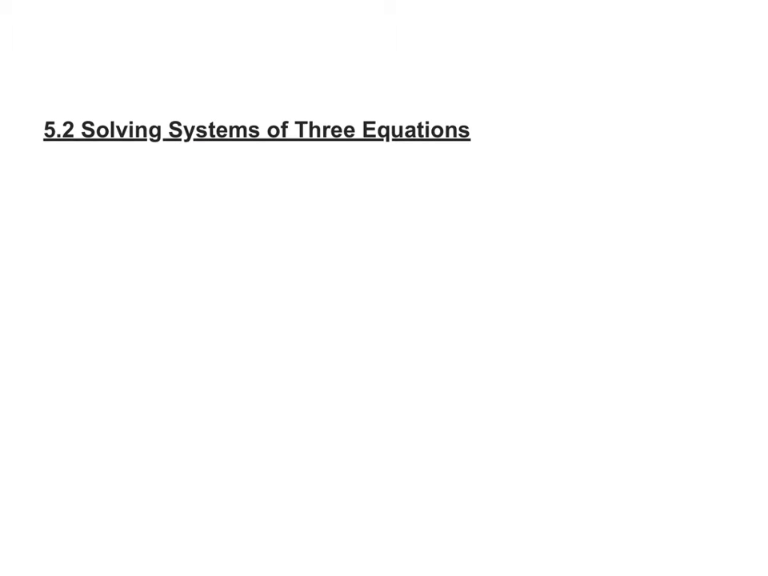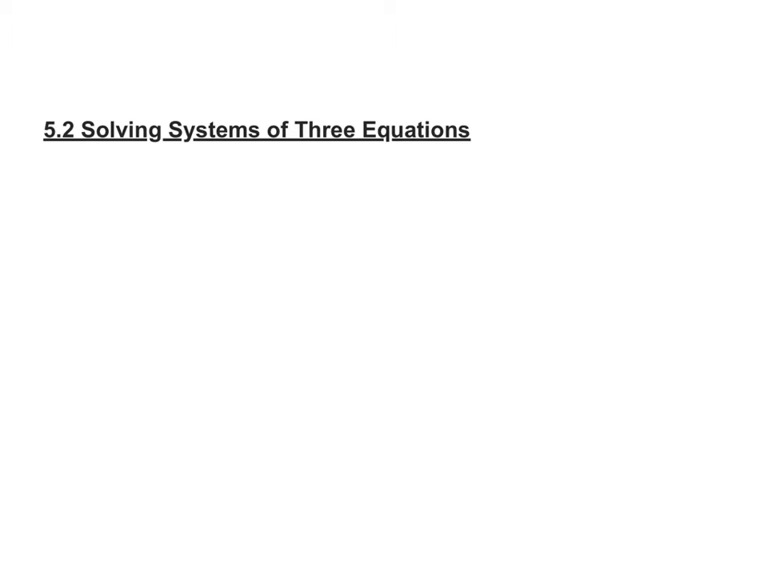5.2 is solving systems of 3 equations. Essentially, what's going on in this section is instead of having 2 variables and 2 unknowns, we're going to have 3 variables and 3 unknowns. And one of the things that you're going to have to do, and we did this with the systems